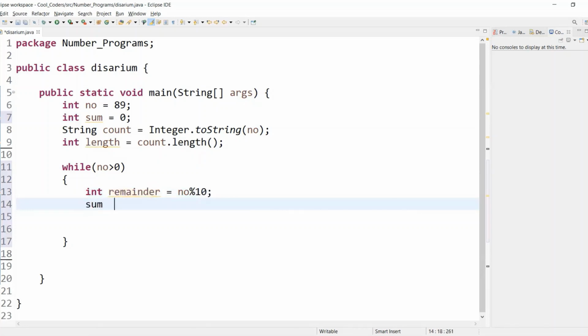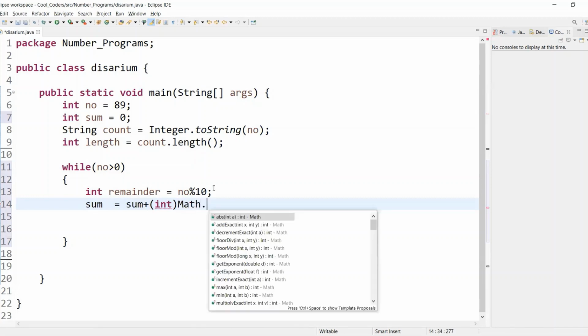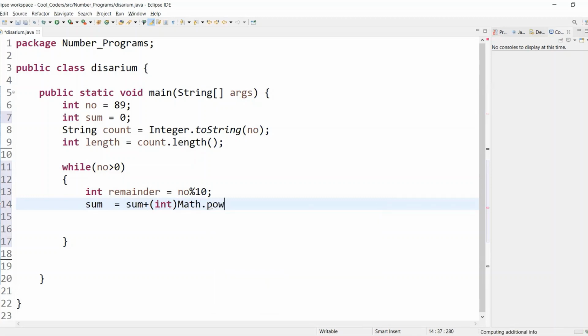Then sum equals sum plus int Math.pow remainder comma length.